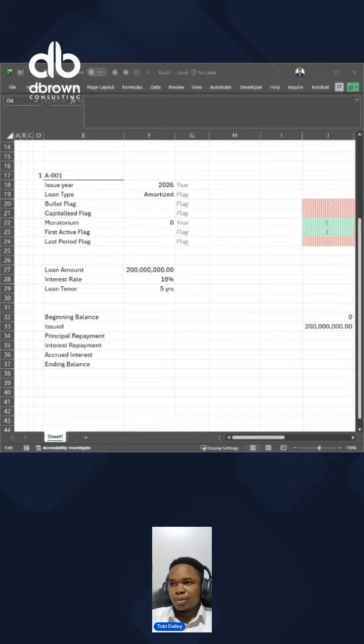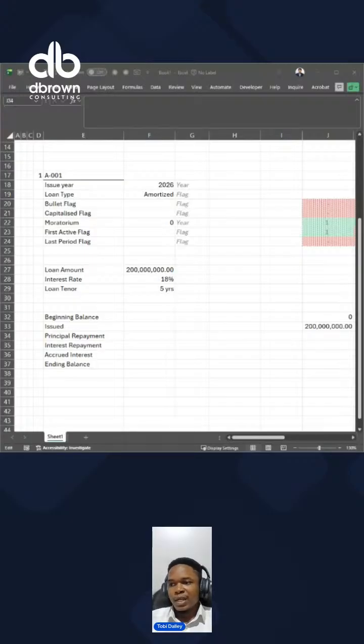If it is not equal to bullets, then it takes the loan amount and multiplies it by... I'm sorry, what I meant is, if this particular loan type is equal to bullets,